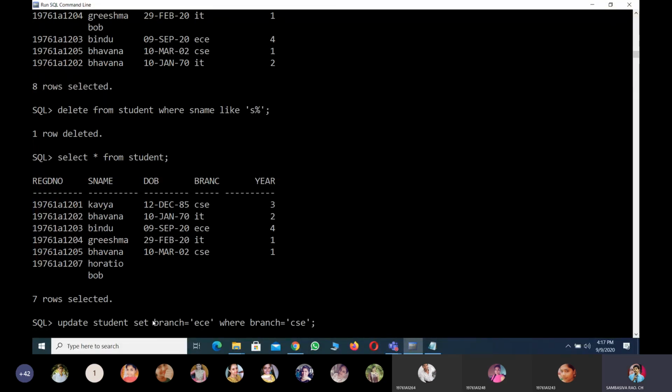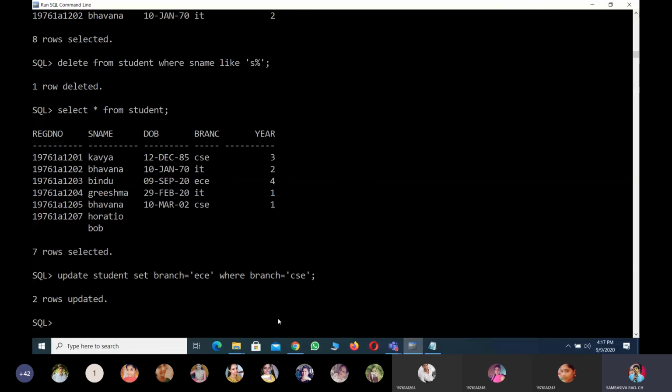This is the new value to be updated. For those whose value is CSE, they are updated as ECE. Okay, so how many records will be reflected?